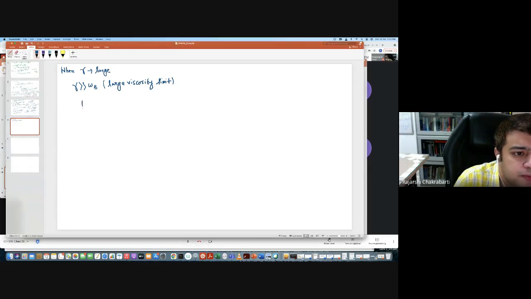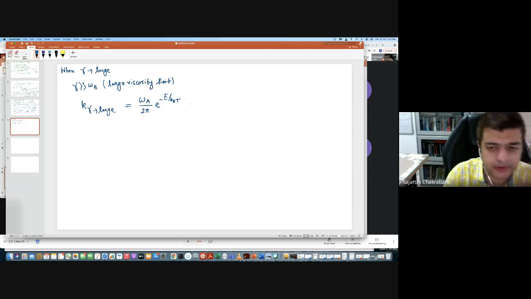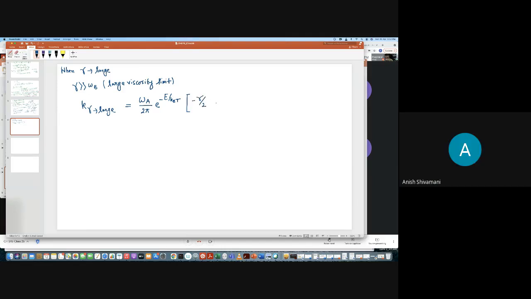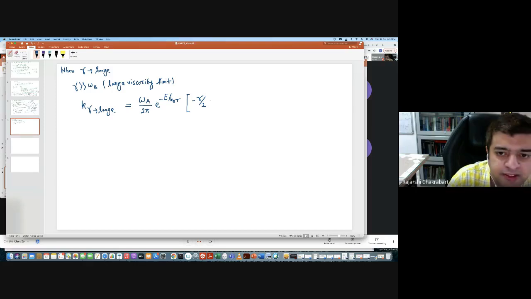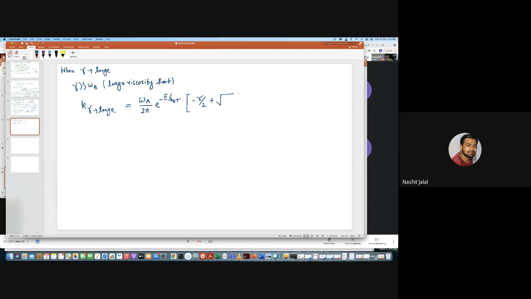In that limit, my expression had omega a by twice pi, e to the power of minus E by kBT, and then I had this factor, which I can call the transmission coefficient. What was that factor? Minus gamma by 2 plus the square root of